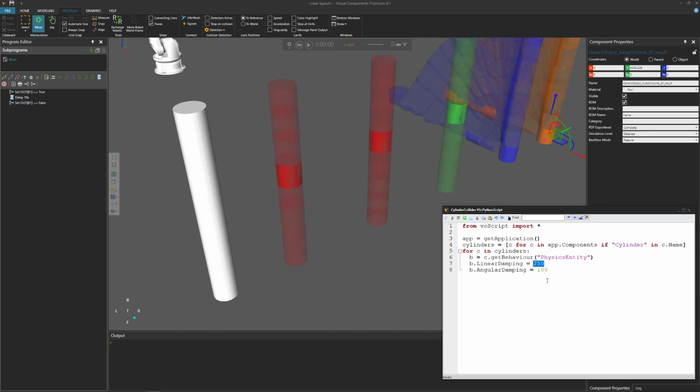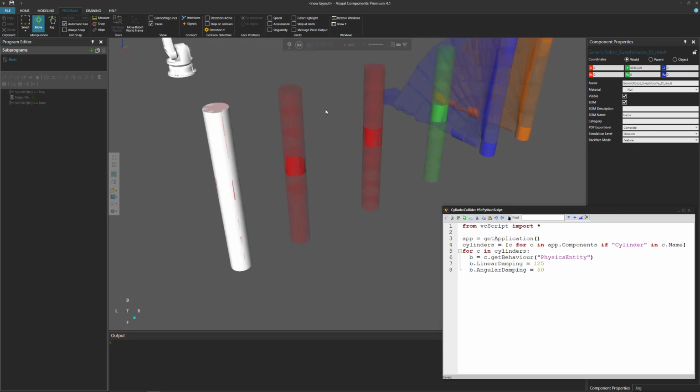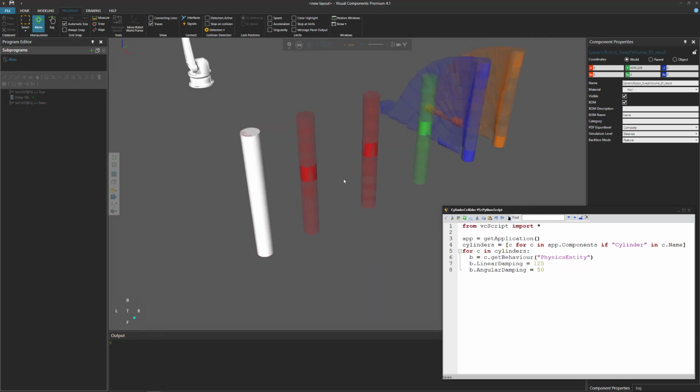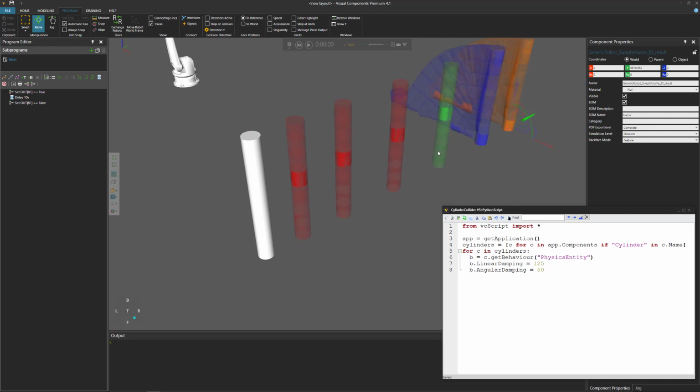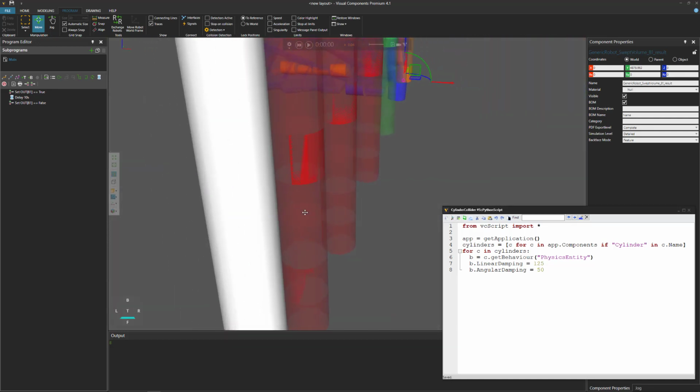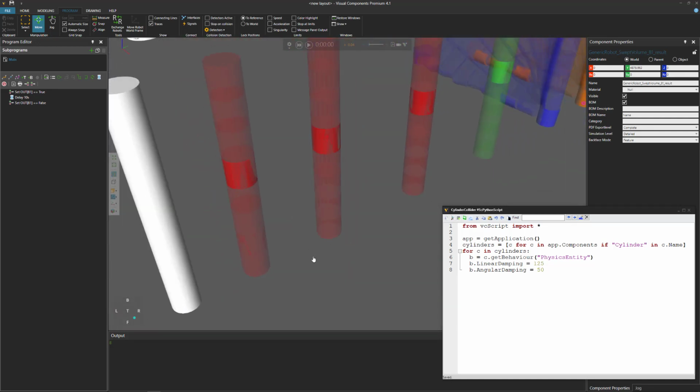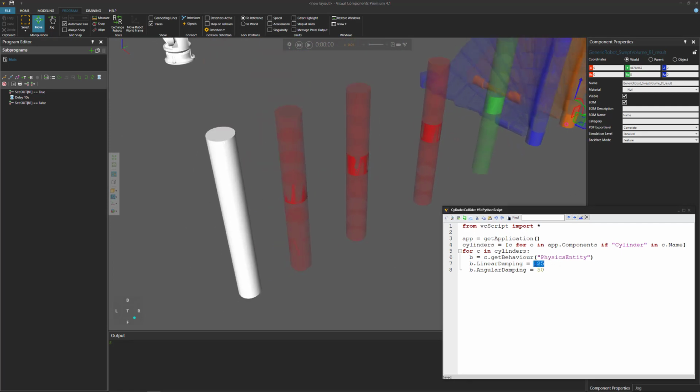So half of 250, 125, half of 150. Compile your code, run the simulation. And it looks like we're still getting almost the same result. So after 10 seconds, let's reset, move it to the side, and yep, still about the same. So let's now jump ahead a bit. So instead of half of 125, let's say that's like 60. Let's go to 30 for linear damping. And half of 50 is 25, so let's go to